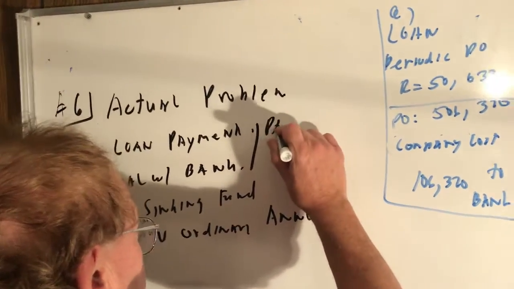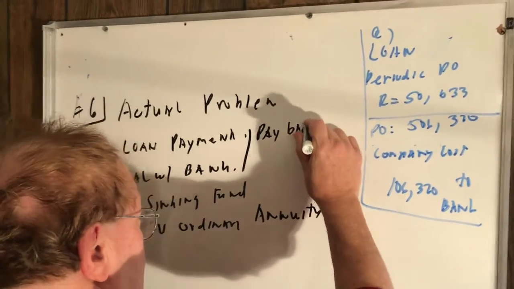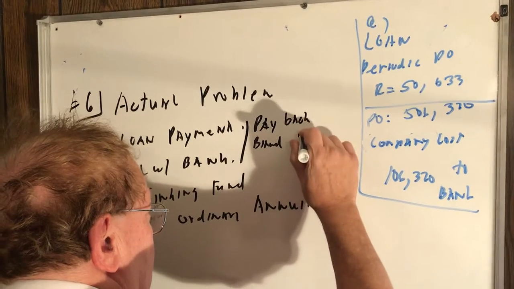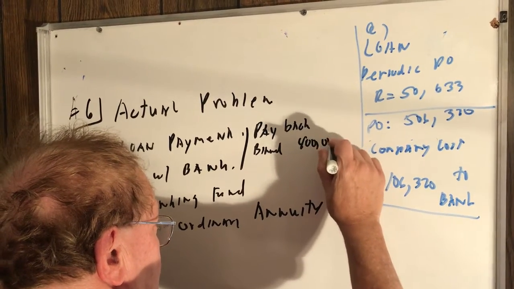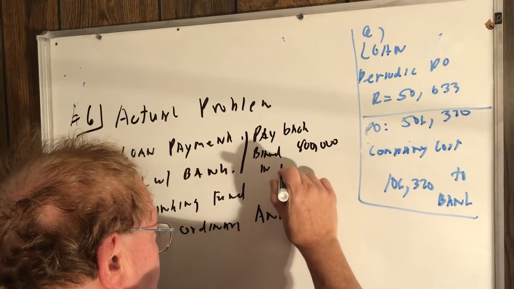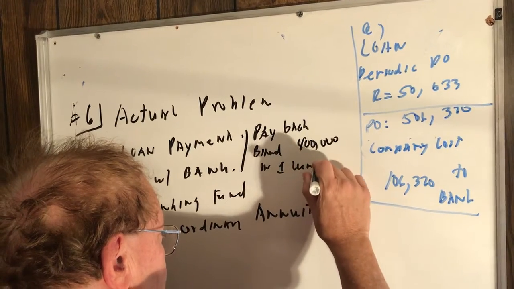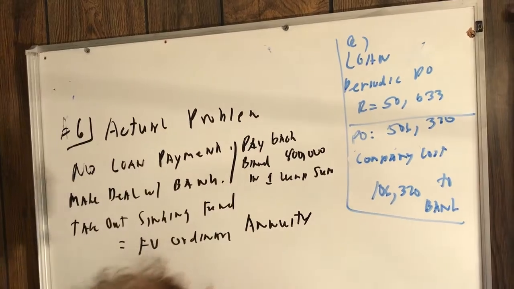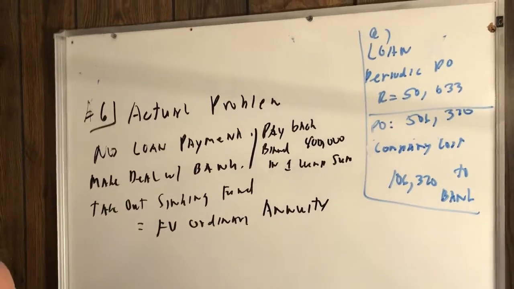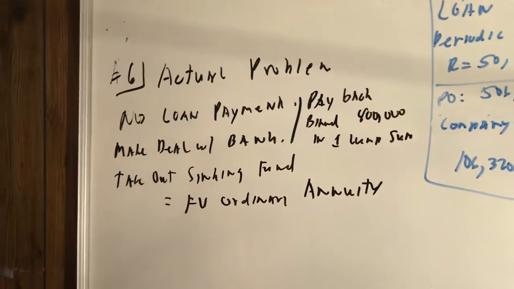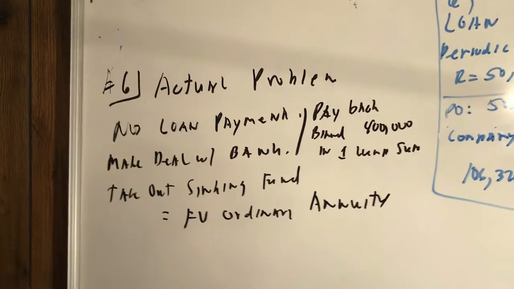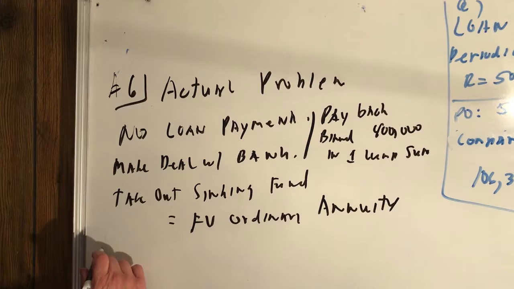So they're going to pay back the bank the $400,000 in one lump sum. Because of that, they get some interest rate things. So instead, they're going to take a sinking fund, and they want to know,